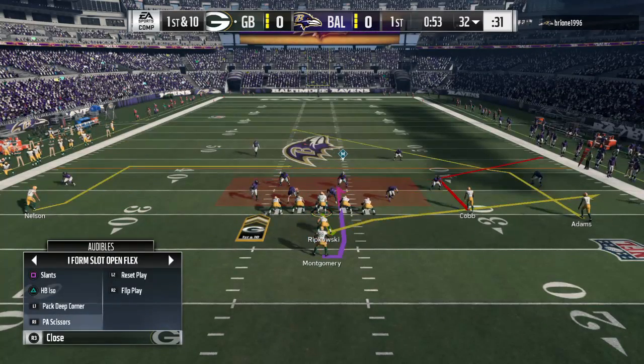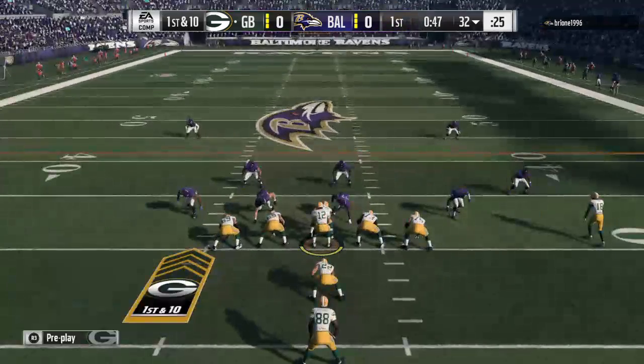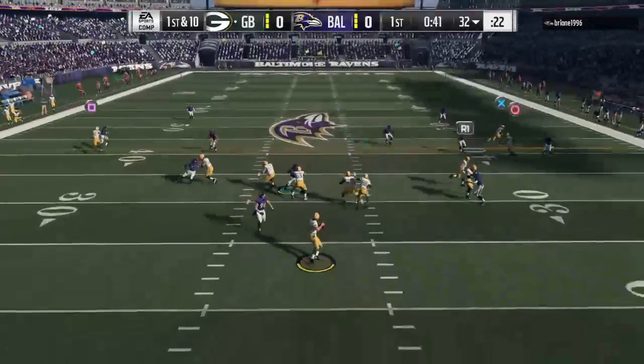3rd and inches, just turn around, hand it to the big guy, and let him plow forward and pick up a first down. A lot of people think that the offensive line may almost take the play off because they got a big guy back there pushing forward. I think it actually works in reverse. I think they block harder because they...